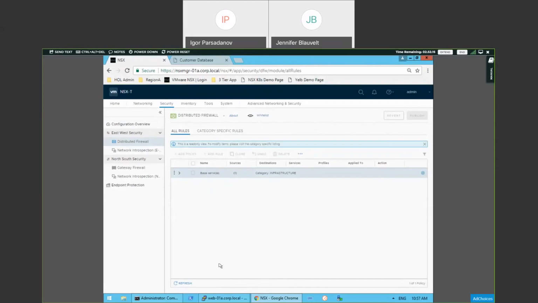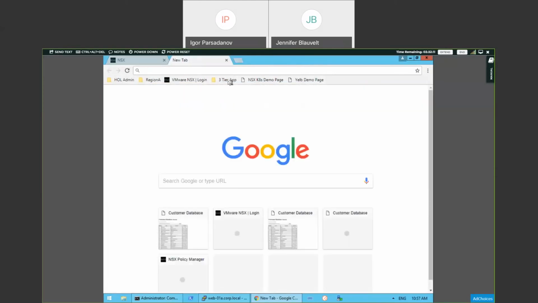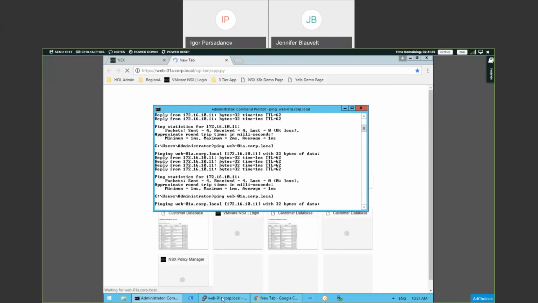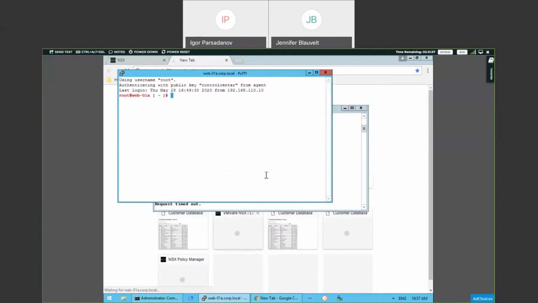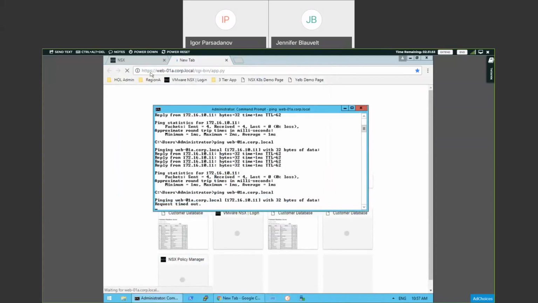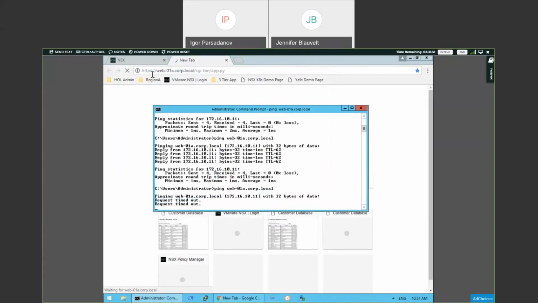With this change, our web app should no longer work because we broke our communication. We've totally stopped all traffic from flowing at this point in time because there is no rules allowing anything. I should no longer be able to ping the web server, and my SSH is no longer working. So let's go and create some rules and see how easy it is to start micro-segmenting the data center network.